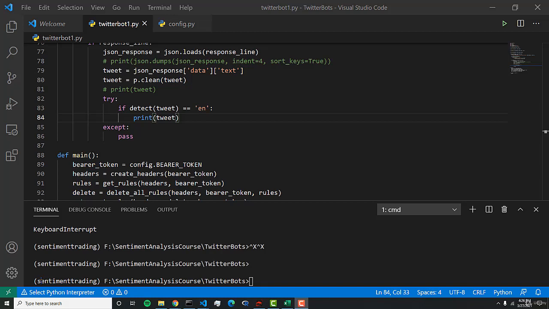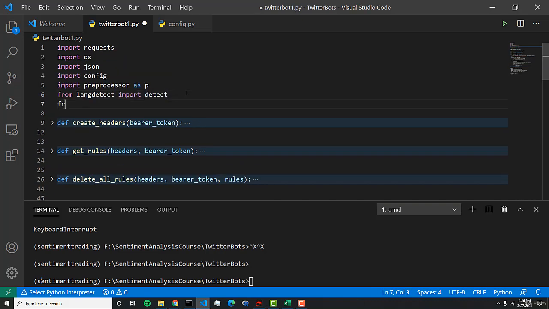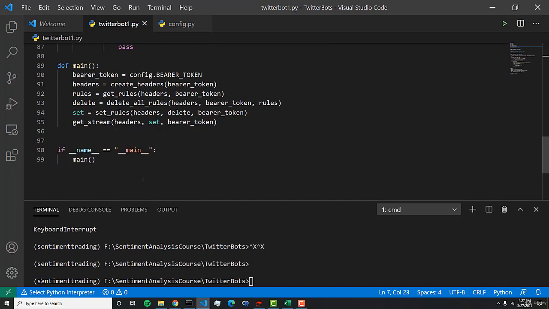Okay, so our next task is to create our dataset based off the tweets that are being fetched. Now, the first thing that we need to do is import a new package, and this package is the CSV. And from CSV, we want to import writer. And this is what's going to allow us to write to a CSV file, and we'll write the tweets that